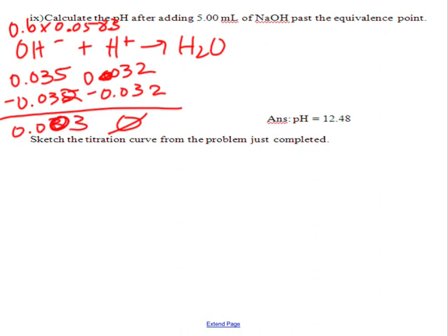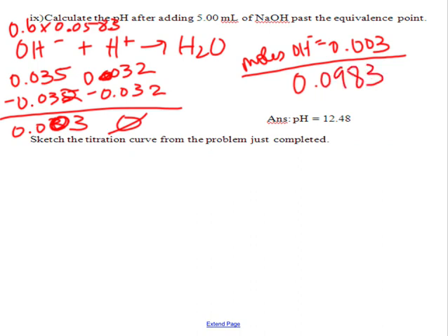Am I finally right? All right. 0.003. That's the number of moles of base. So my moles of OH is equal to 0.003. We're going to divide that by the total volume of 98.3